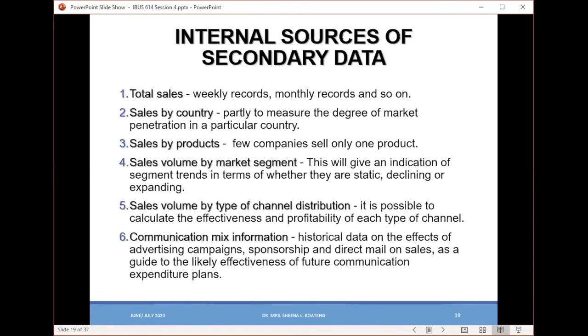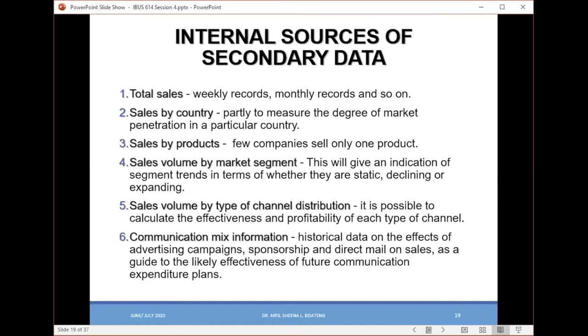We can also talk about sales volume by type of channel distribution. It is possible for a firm to calculate the effectiveness of the different channels that they use. For instance, a company that is trying to sell in the foreign market can decide to just go by using a subsidiary in that market, which they have set up by themselves. Or they'll just use a foreign distributor. So they will not have to commit so many resources to set up a subsidiary before they can sell. They'll just send the products to a distributor who is already set up there and ask the person to distribute